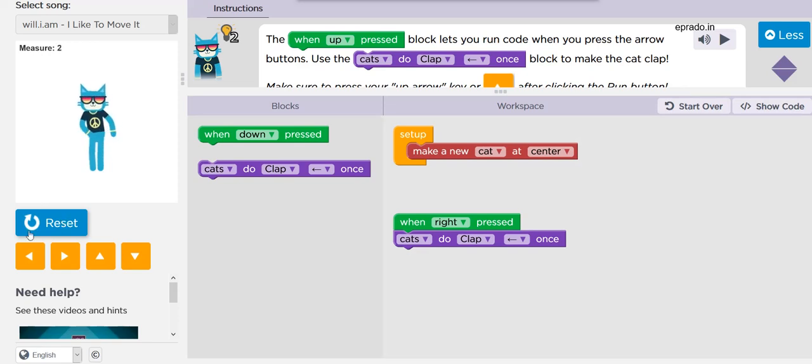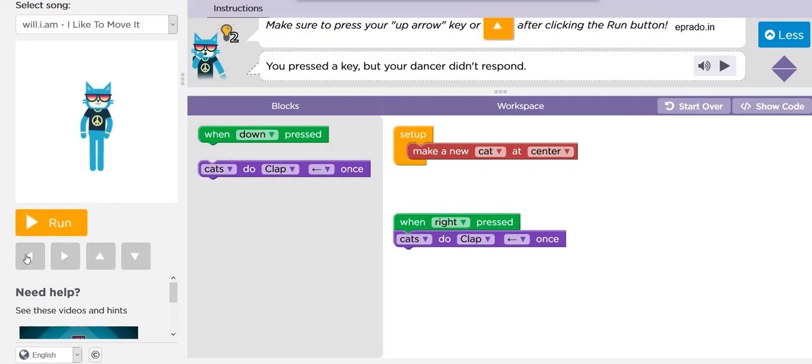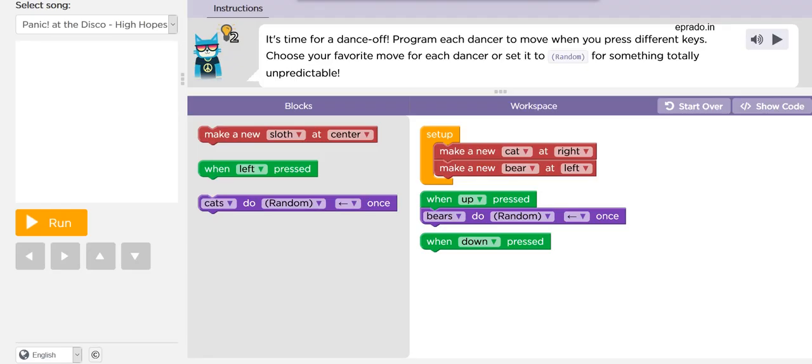So I am going to press the left arrow. But it is not working because I have chosen when right pressed. Okay, so if we press the correct button, it will work. Now it's making a clap on the left side. Similarly, you can make